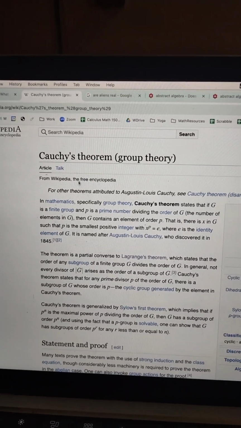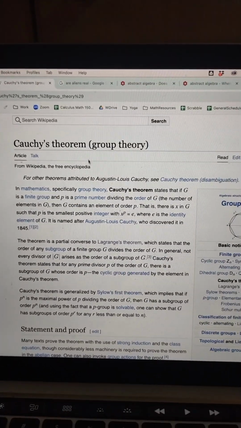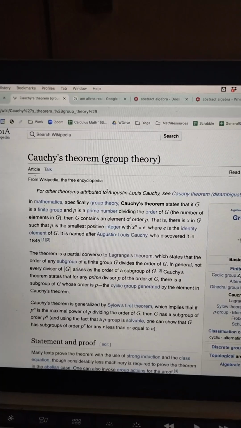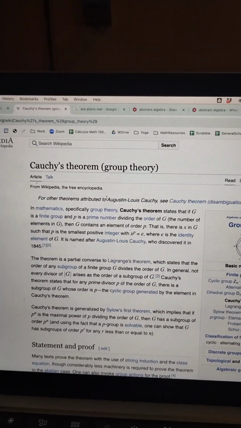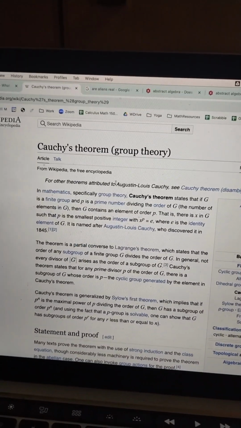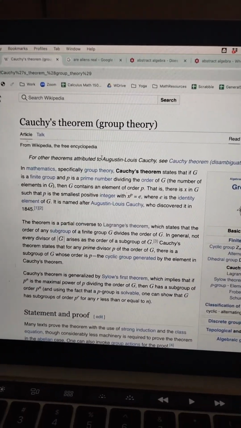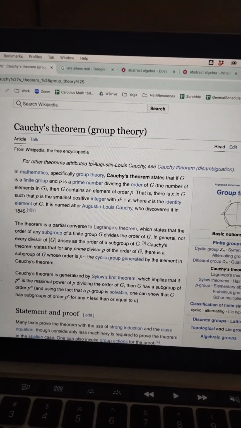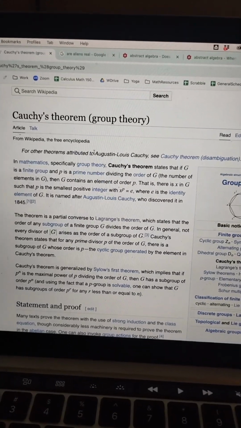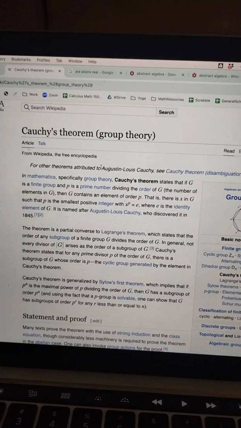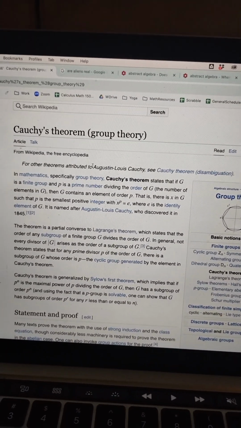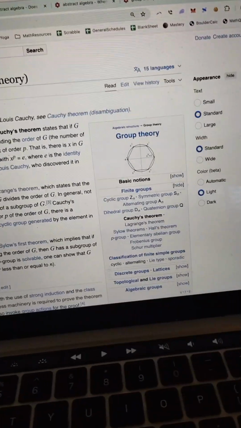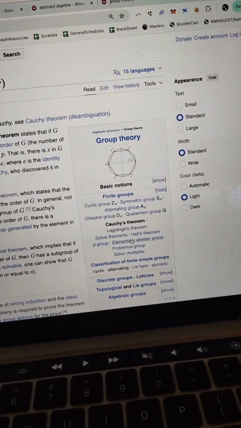Now, Cauchy's theorem provides kind of a better answer than that by saying if you're looking for a factor that's prime, then it guarantees that there will be a subgroup of that size. And so if you have a group, say, with 24 elements, that would be 4 factorial. Well, then since the prime number 3 is a factor of that, you definitely have a subgroup of order 3. But it doesn't necessarily say anything about maybe a subgroup of order 4. However, there are other theorems you could go to. If you look through this page, there's something called the Sylow theorems that would actually answer that problem in that case.